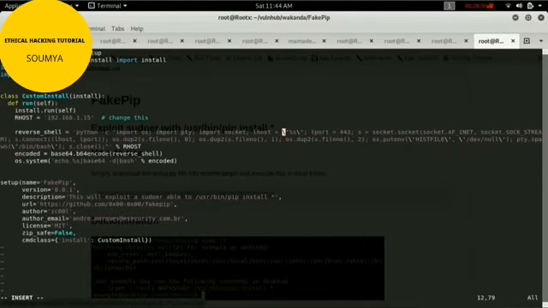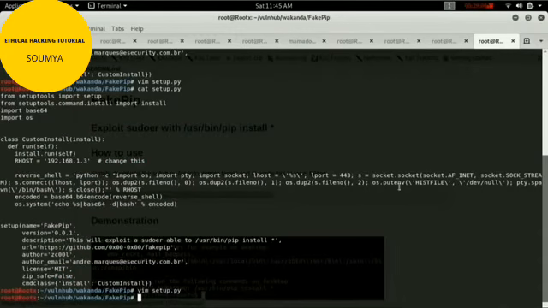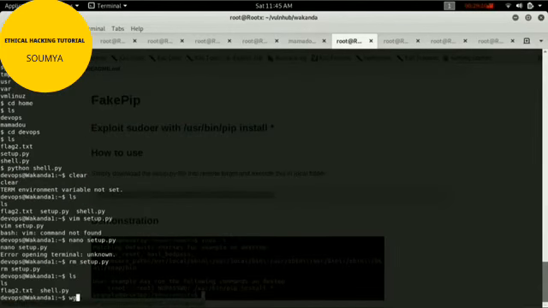Let me save this one. I'm just checking the code. Is there any wrong bit in the code? Everything is correct, reversal, everything is good. Okay, let me run.